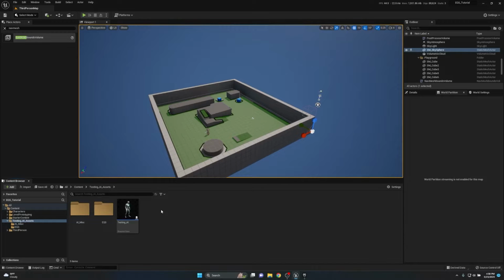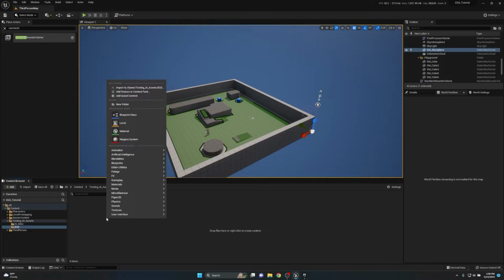Now, the basis of what the EQS is, is that it's a generation of detection of multiple different styles that can return back either an actor, object, or location value. Now, this is very powerful because it's something that is a constant run, but runs a lot more effectively than something like an event tick function. And it runs usually inside of the behavior system, which makes it even better. So let's go ahead and make our first EQS so I can stop talking about it and show you guys